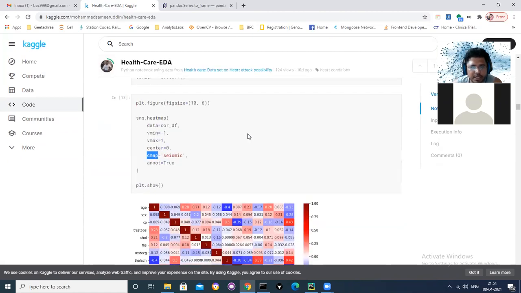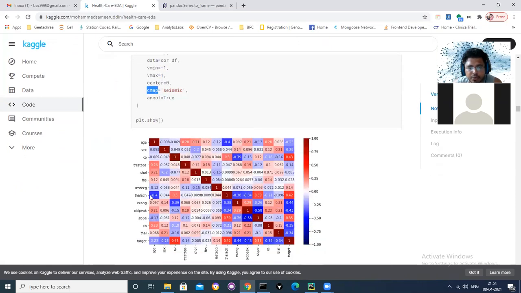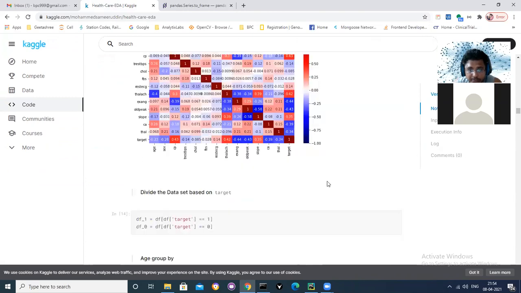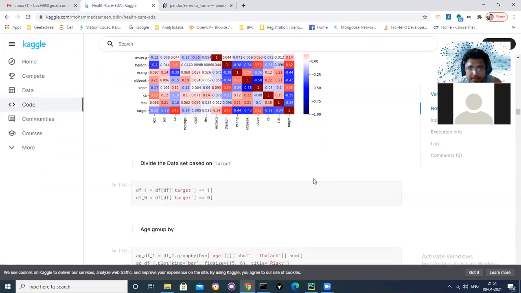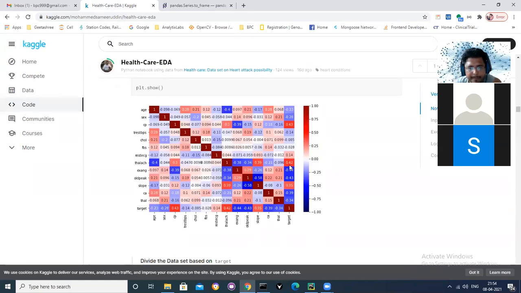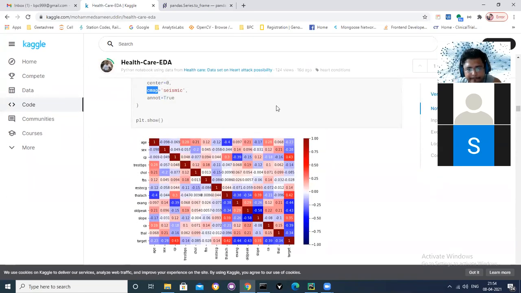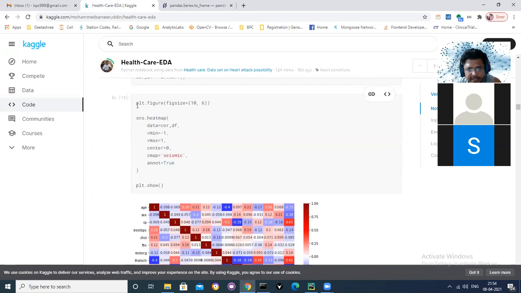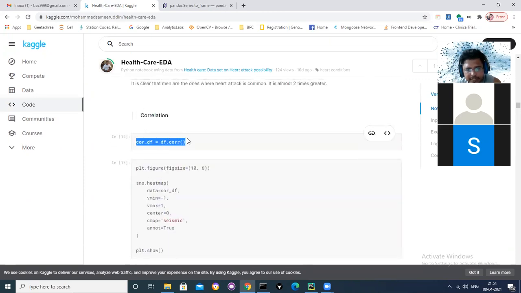Now the question is, is correlation only between two columns? Can correlation not be between more than two columns? Yes, it can be. We'll see how it is done. Yes, the table above which I showed you can be obtained through the mathematical formula for deriving correlation. So both are correct, same. This is just a short form. Directly you can do it.